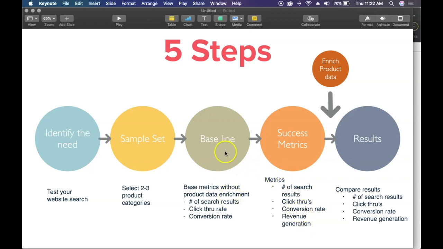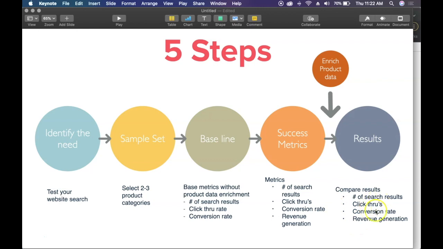So you start with these baselines, and you determine what your success metrics are. Let's say at this point you find a company, could be like Lily AI, Clarify, Vilou, whatever those companies are, and you enrich your product data for 1, 2, or 3 of your categories. And then you let it run for 4 weeks or 6 weeks, whatever time you determine. It will depend on how much traffic you're getting on your website. And after, let's say you set it up for 6 weeks, in 6 weeks, you go back and see,